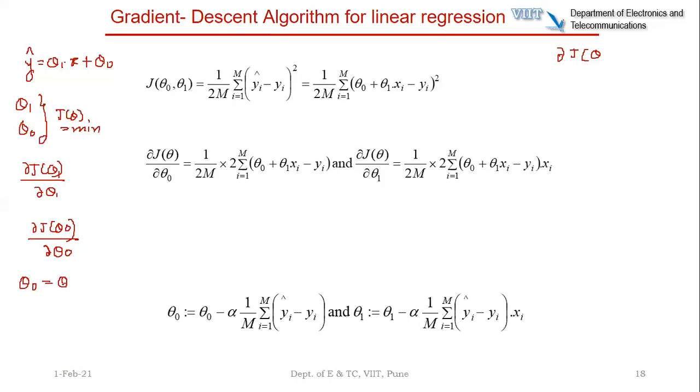Okay. So new value of theta 0 will be old value minus learning rate alpha, dj theta 0 divided by d theta 0. Similarly, for theta 1, I have to write theta 1 minus alpha dj theta 1 with respect